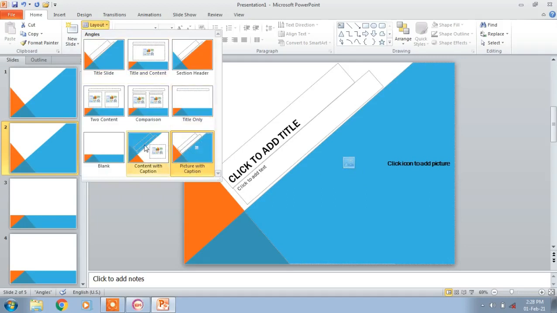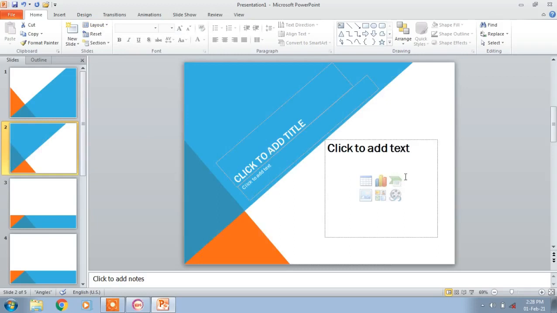I will select content with caption, so that slide will be changed automatically according to the selected layout. In this way you can insert a new slide and you can change the layout also. I hope you have understood this point, how to insert a new slide.